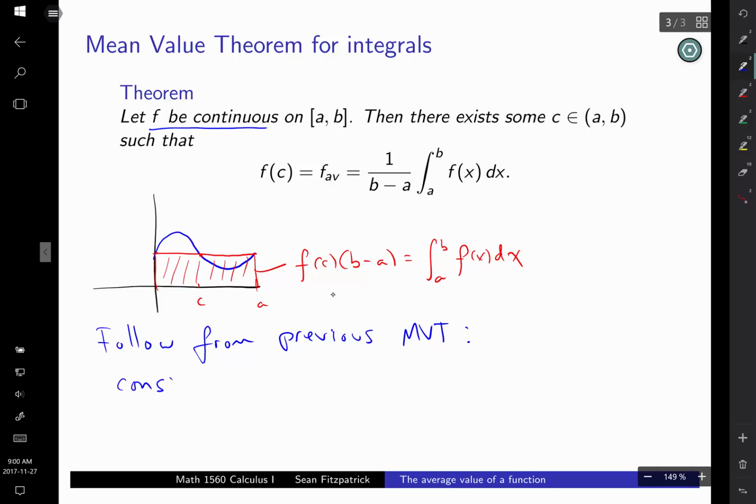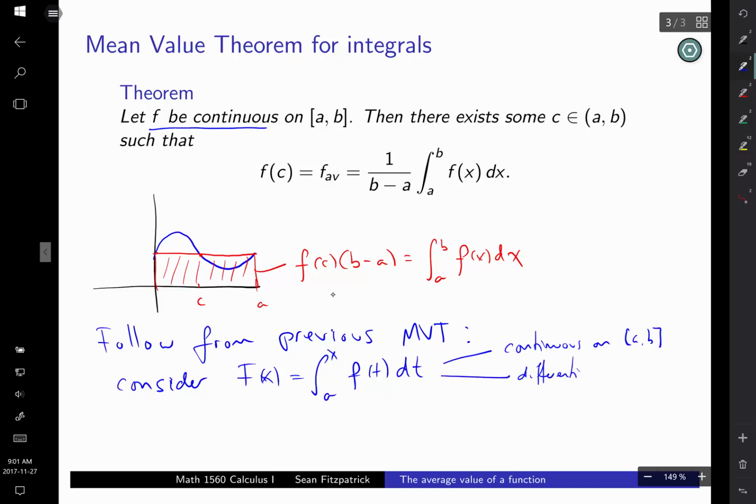So the first part of the fundamental theorem says that under the assumption that f is continuous, fundamental theorem of calculus part 1 says that we can consider this function, big F of x, equal to the integral from a to x of f of t dt, and we know from FTC1 that this is continuous on the closed interval from a to b. We know that it's differentiable on the open interval from a to b, and so the original mean value theorem says that